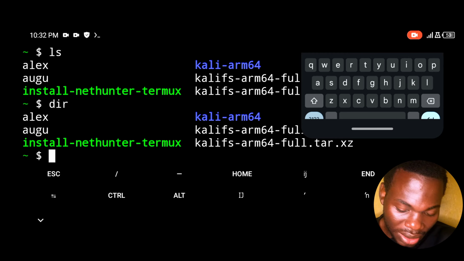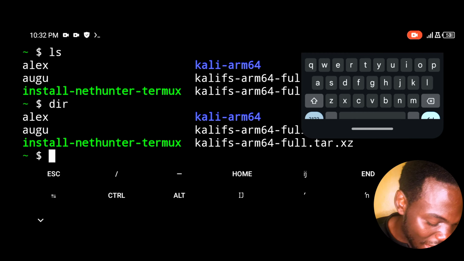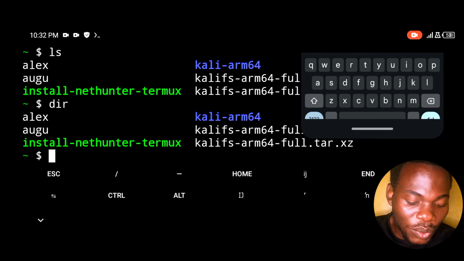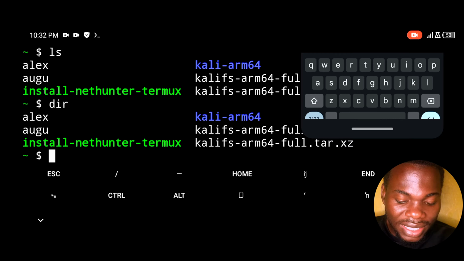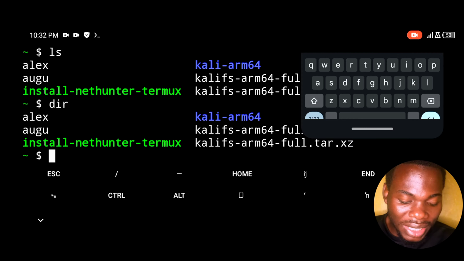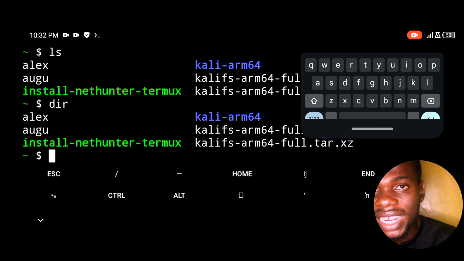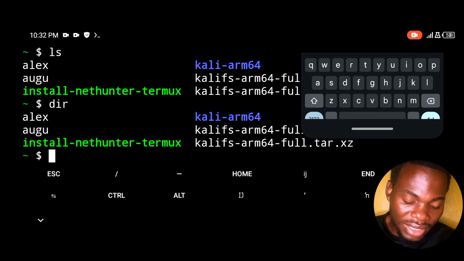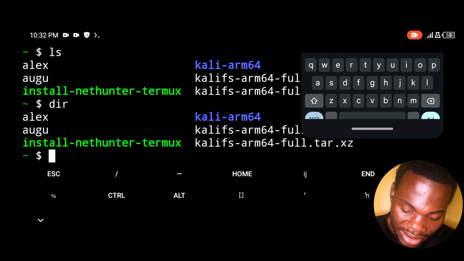Our next command, not lesson, I'm going to show you how to create a file. You can see you already have an Alex file in this home directory and the Augustine, the aug file. So I'm going to create another file in this home directory. How do you create a file in a directory? Type with me this command. You can use the touch command. Touch,